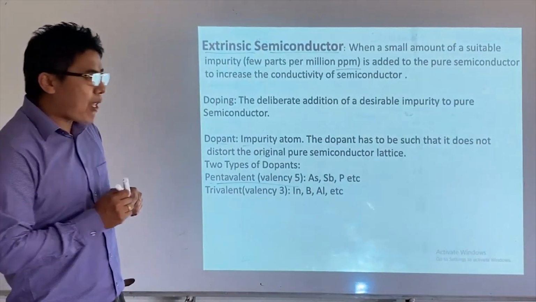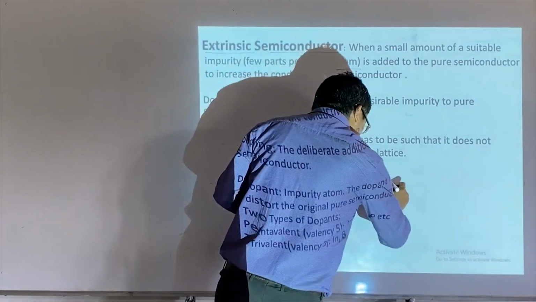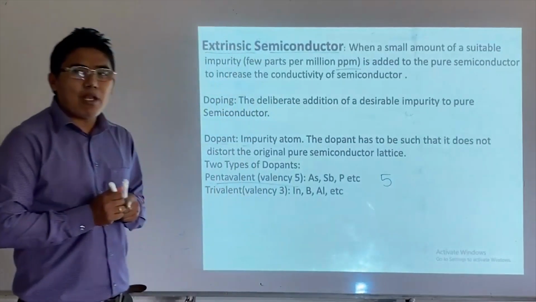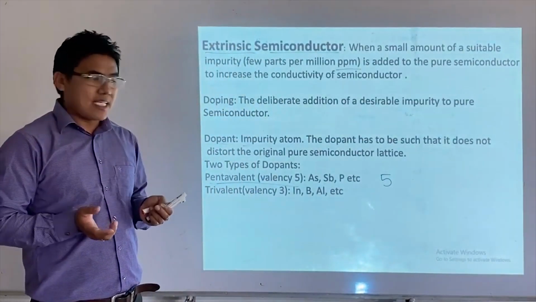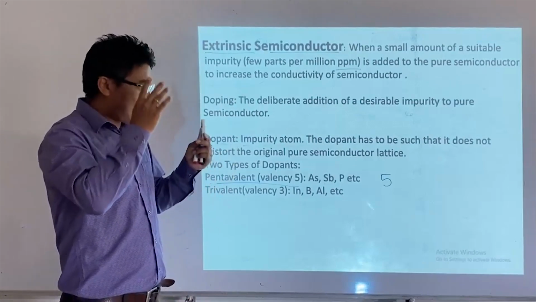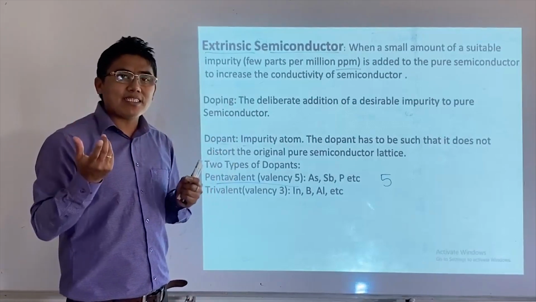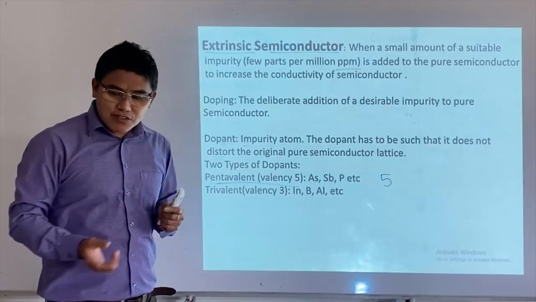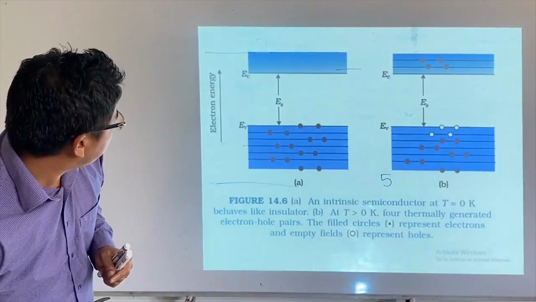In the case of a pentavalent atom, we have 5 electrons available in the outermost shell, 5 electrons available in the valence band. We have 5 valence electrons. Because of these 5 valence electrons,